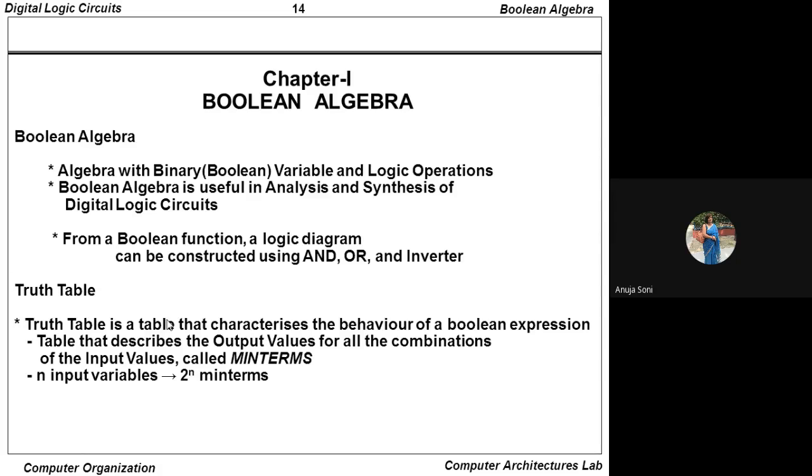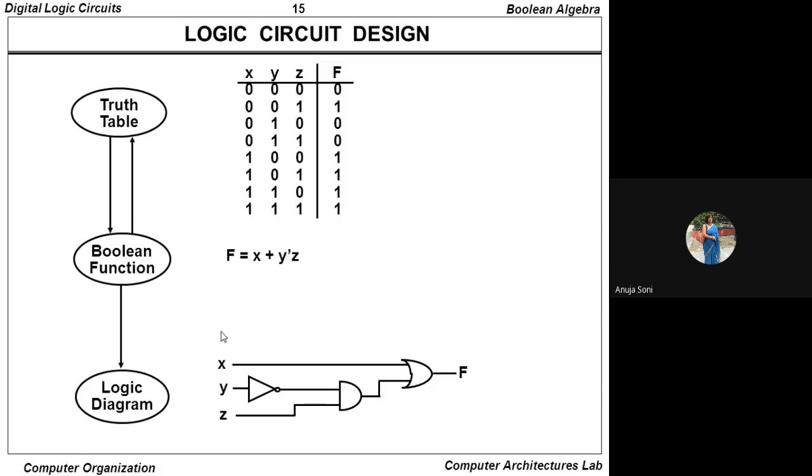Now we talk about complex logic circuit diagrams, which are nothing but a combination of a number of logic gates. Here also we will study the truth table and the Boolean function in order to study the behavior of your logic circuit diagram. This is called the logic circuit diagram. So all these three terms go hand in hand: truth table, Boolean expression, and logic diagram. Like here we have one example. Sometimes you will be given a Boolean function and asked to derive its truth table, as well as to draw its logic circuit diagram.